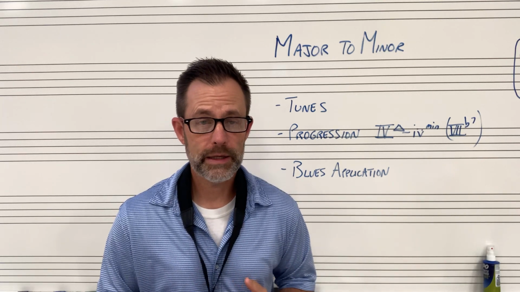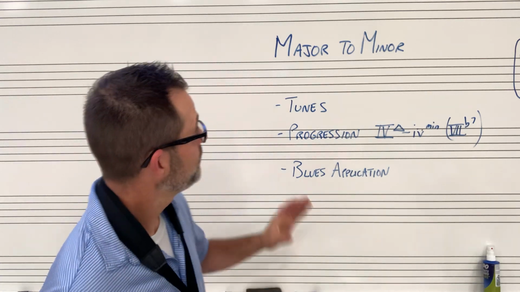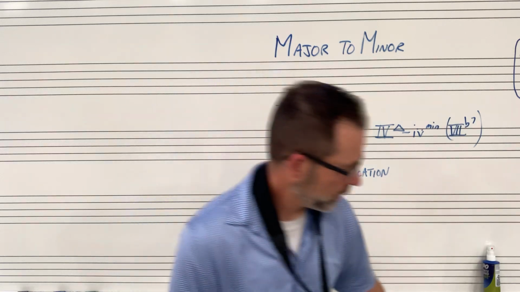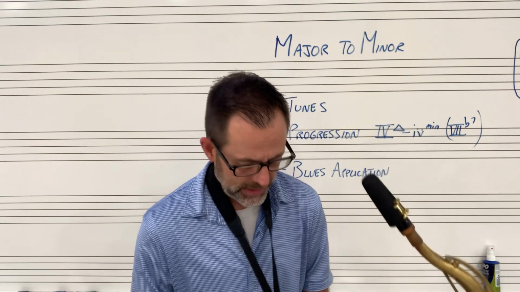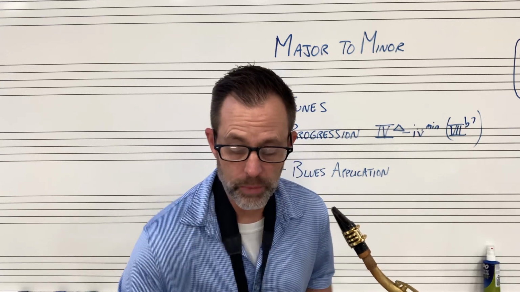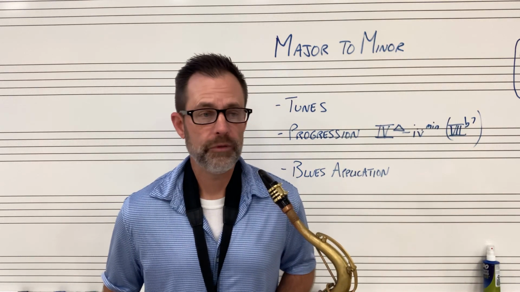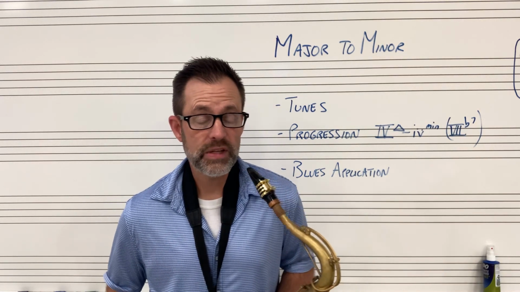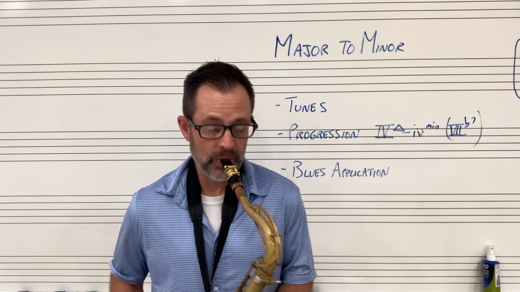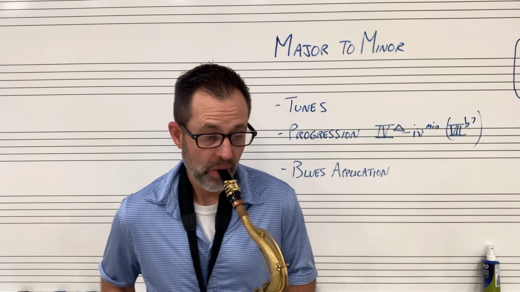this is a very important idea in jazz and one that we should definitely get under our fingers, and that would be major to minor. So what is the idea I'm talking about? Well, it's exactly what's in the title, taking a major sound and going to the parallel minor sound. So for example, if I was going to practice my C major, I would drop the third to the minor third,